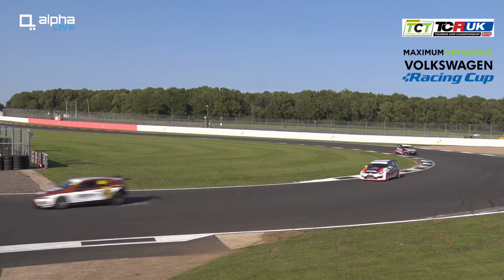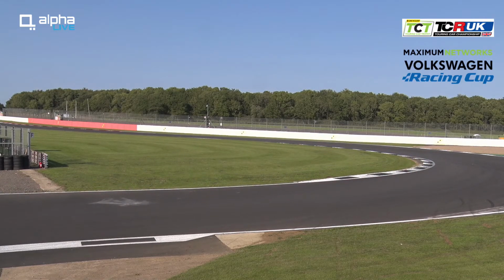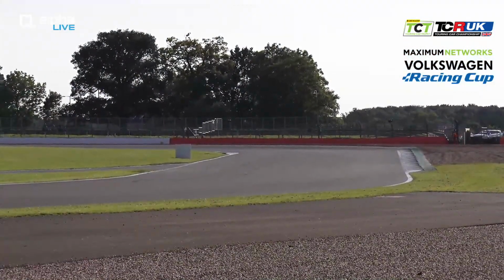You can just see the VW Cup cars there making their way through Becketts. But I agree with Bryn. Lewis Kent's car, that Hyundai, is wonderful to look at. It's a great...